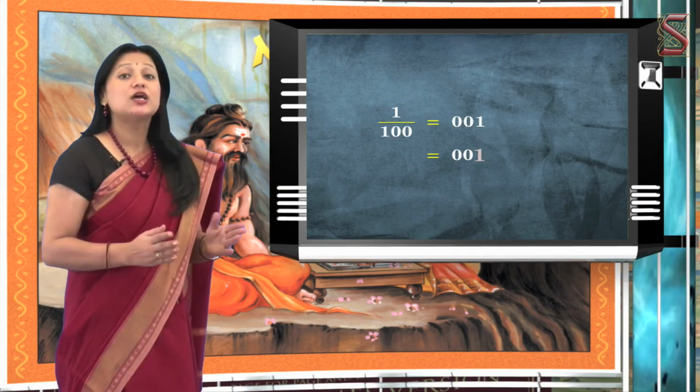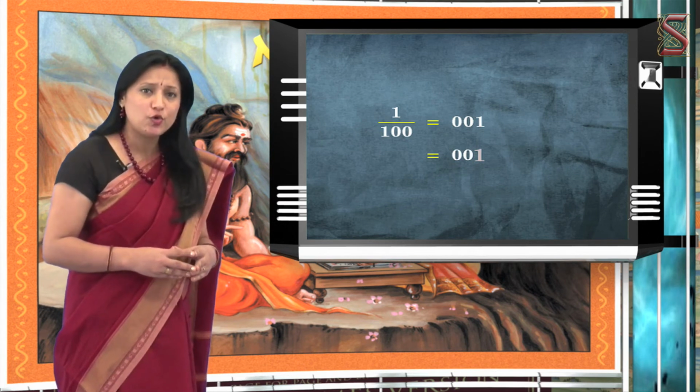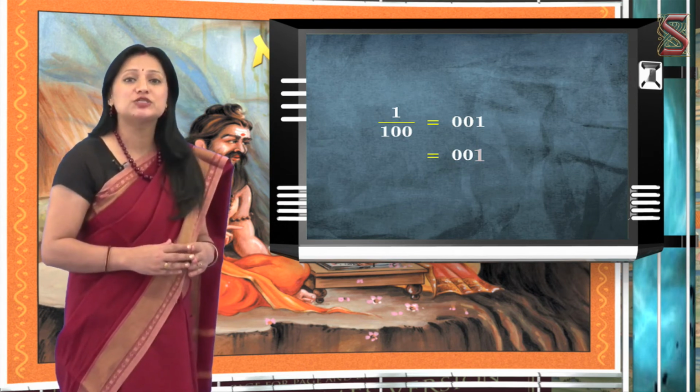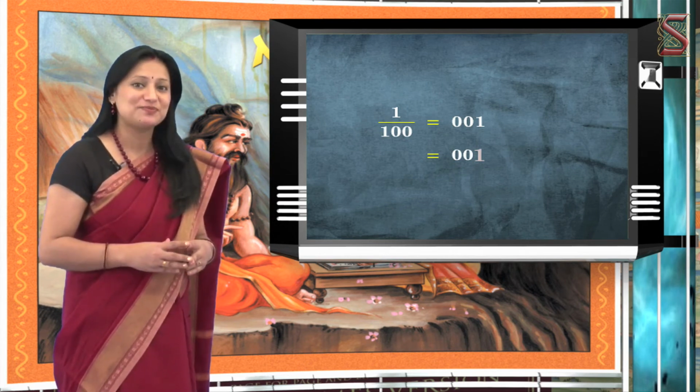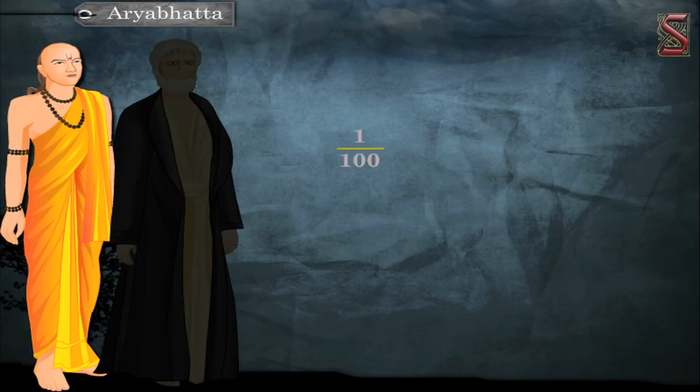Students, but how do you know that people did not agree with him in those days? Students, you must have already learned the decimal system. Do you know who were the first users of this decimal system? Aryabhatta and other ancient mathematicians were the ones to adopt the place value system of writing numbers and decimal system of numbers.